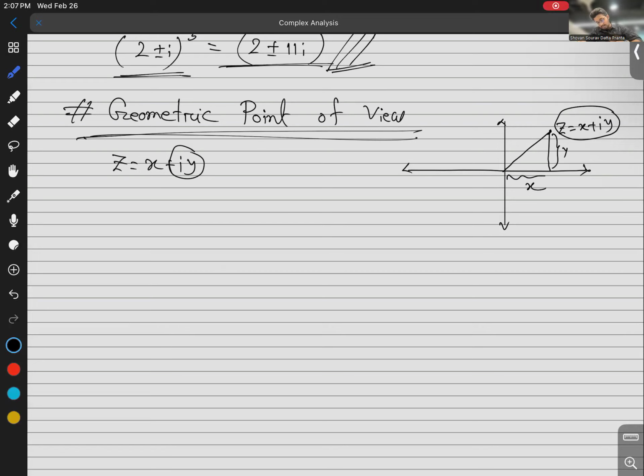And then, as we are considering our complex number as a single quantity in a plane, we can represent a number in a two-dimensional coordinate system, so we can use our vector rule. So if a is a complex number and b is a complex number, then their summation will obviously follow